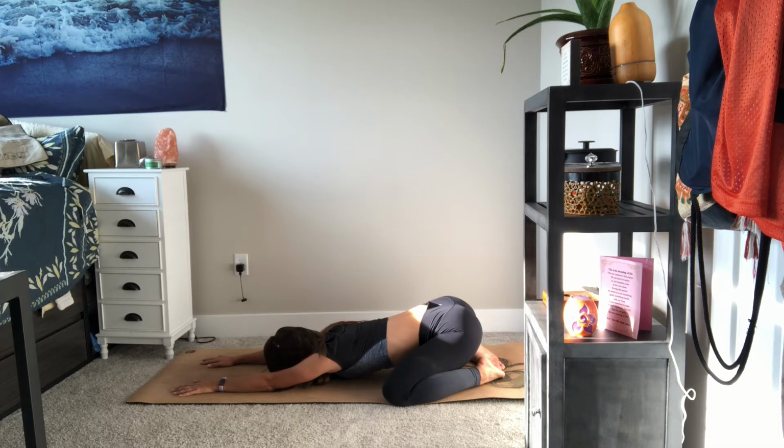As we dive deeper into our physical body, we will release tension from the emotional body. Begin to crawl your fingertips towards the left side of your mat. Maybe placing your right hand on top of the left. Then moving through center, we'll crawl them the opposite direction. Now begin to crawl them back to center, resting in our child's pose once more,